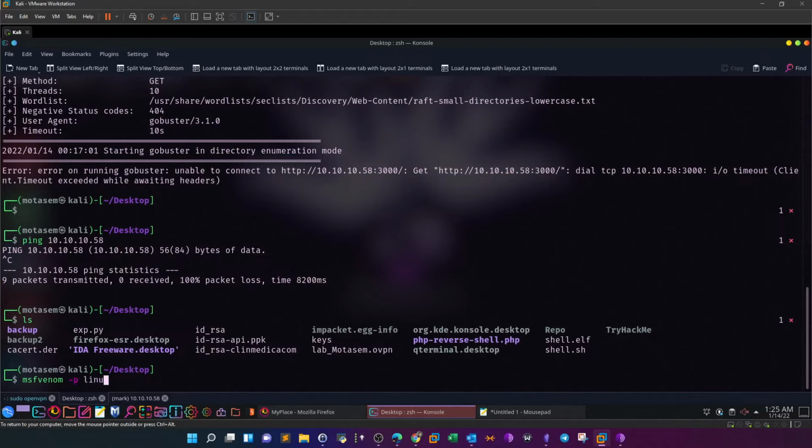-p linux x86, depends on the architecture, of course. shell